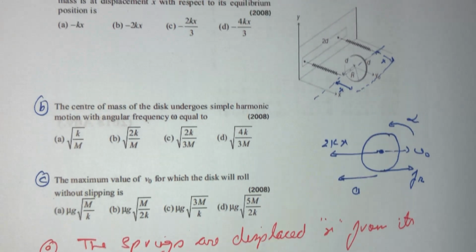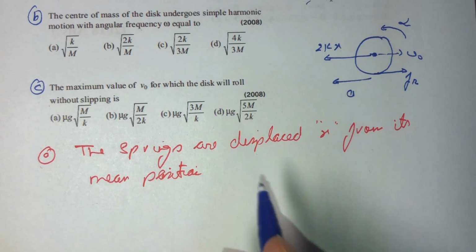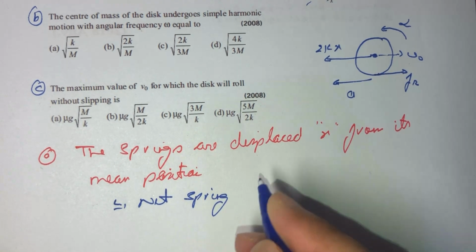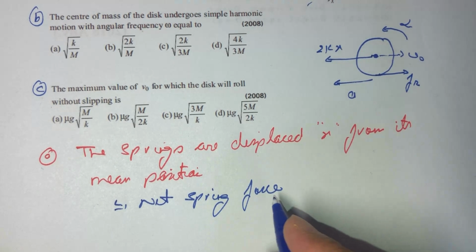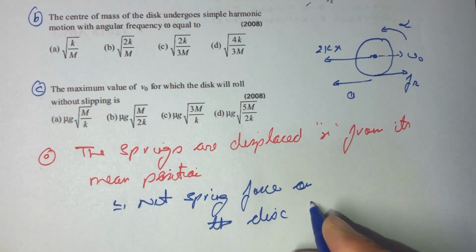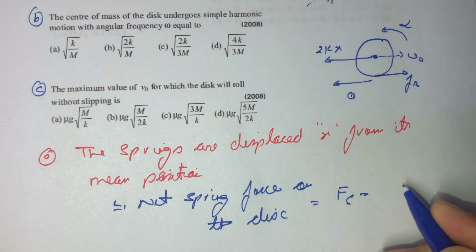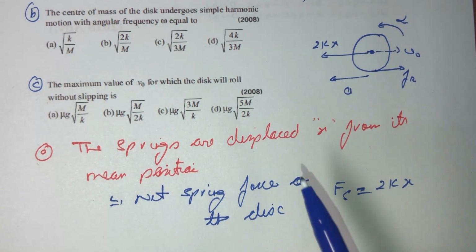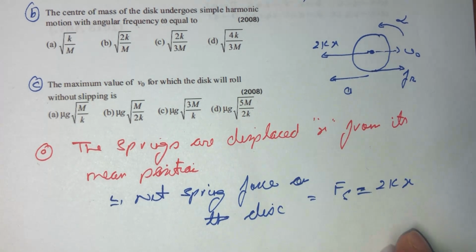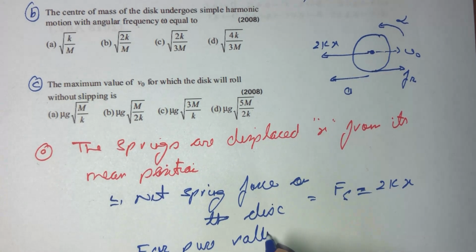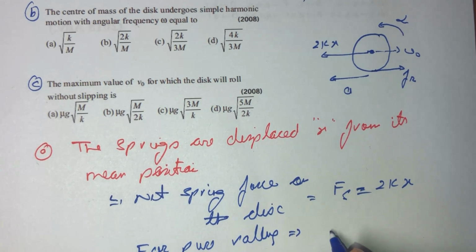Therefore the net restoring force, or we can say the net spring force on the disc, let us suppose that is given as Fs, which will be equal to 2kx, and it is said that the disc is going to roll without slipping. So we can say for pure rolling,